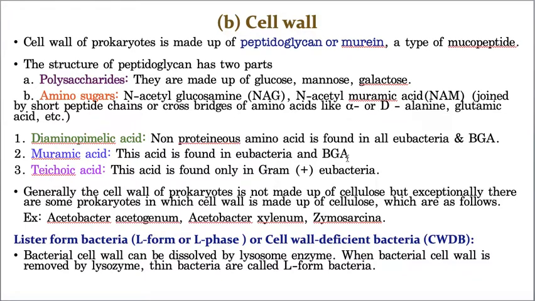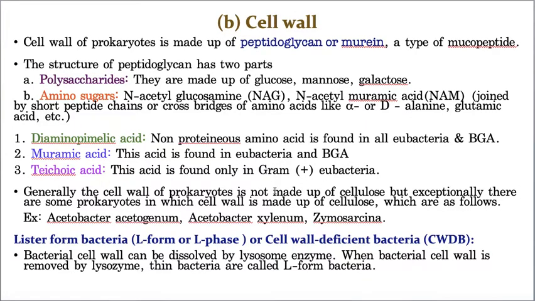Please give me 5 minutes. I will clearly explain what is gram positive and gram negative. If you just want to remember for 2 minutes, remember gram positive, that's it, but for details just give me 5 minutes. I'm going to explain in great detail about gram positive and gram negative. So teichoic acid is present only in gram positive eubacteria.